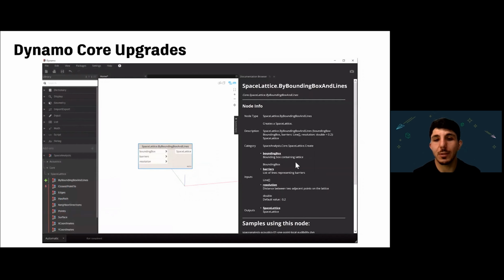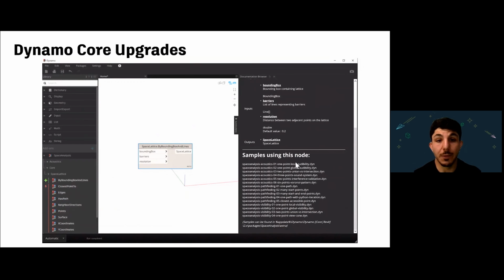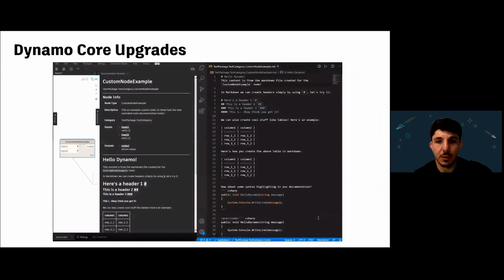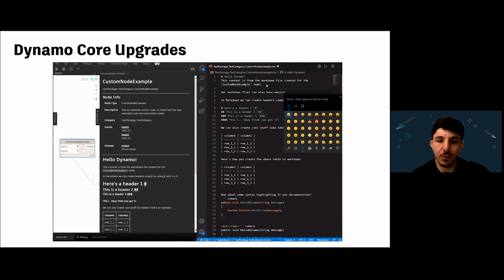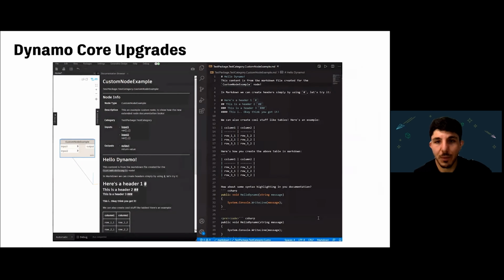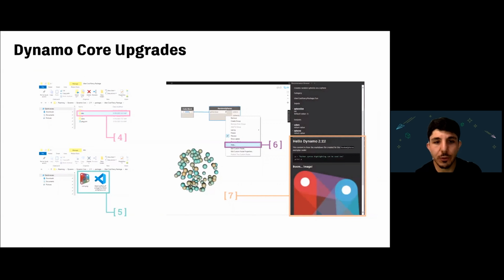This is amazing. This is going to make everything so much easier to figure out what the node does if you already forgot or you made your own custom nodes. There's so much to be done here, and you can go crazy here. You can put all sorts of content on how to organize the node, how to use it with a custom node. This is something that I didn't even realize I needed, and this is an amazing superpower that the team has worked on. You can even use emoticons. It's astonishing. And if you're the kind of person who does your own code, your own nodes, your own documentation, you can take it straight from your text editor for coding and push it straight to the help node for the documentation.